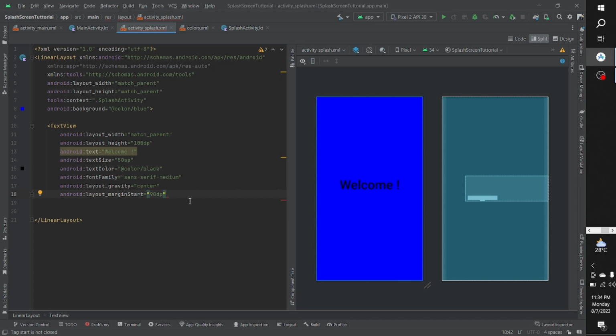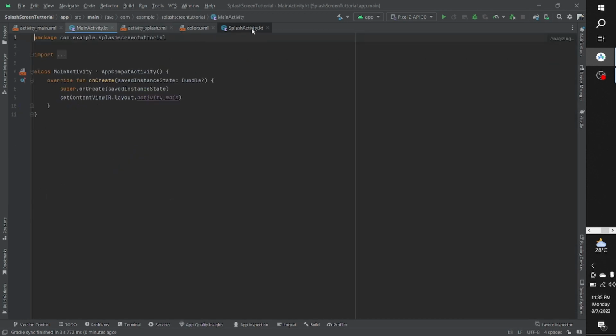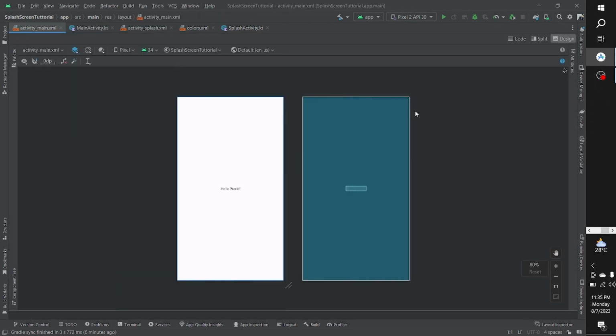Sometimes when you keep practicing and keep making layouts, you'll get familiar with what you have to use. So yeah, this is our layout design, and this is our splash screen's layout. And also I'm going to design our